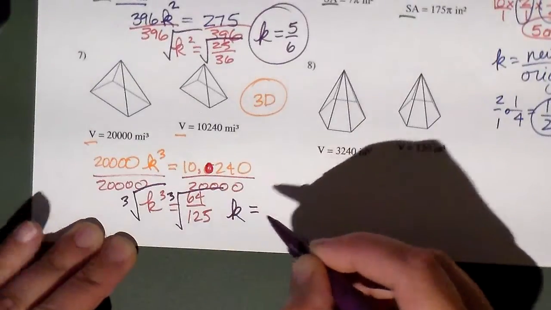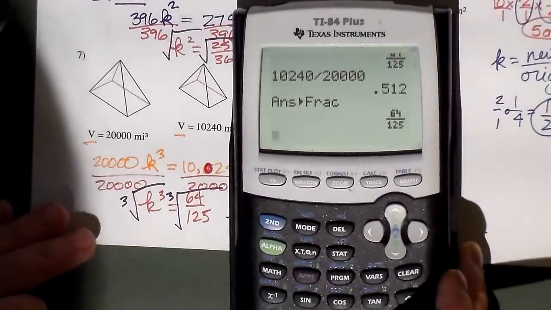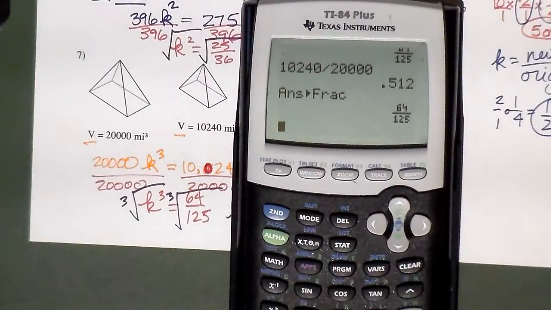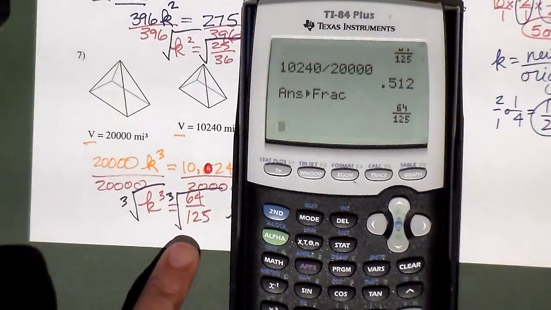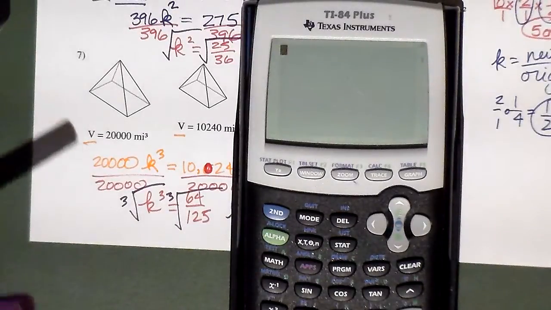So k, how do you take the cube root in your calculator? I don't know if you can see this very well, okay? I'm taking the cube root of 64 over 125, right? Okay. On your calculator,